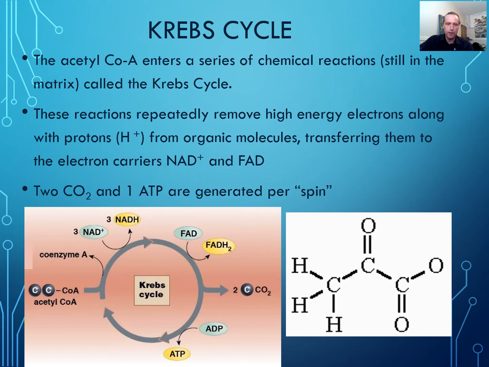So here's the Krebs cycle, and again, this is a fantastic simplification. Let's not even talk about the real part of it because it's so many enzymes and substrates. It'll make your head spin. So the Krebs cycle. The acetyl-CoA enters a series of chemical reactions, still in the matrix, called the Krebs cycle. These reactions repeatedly remove high-energy electrons along with protons from organic molecules, transferring them to electron carriers NAD+ and also